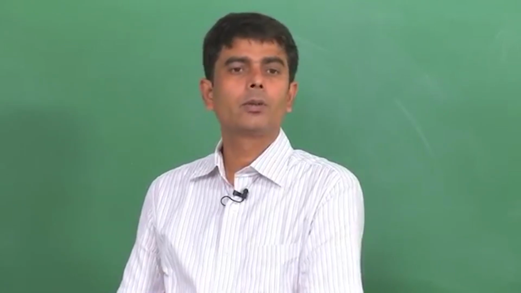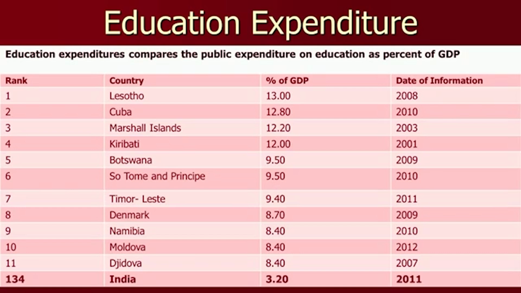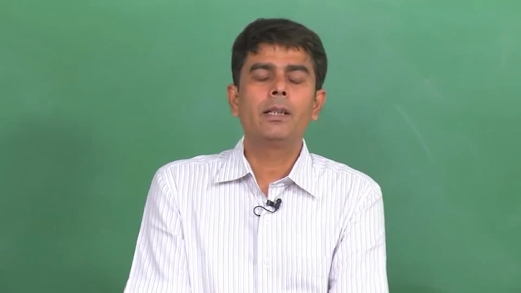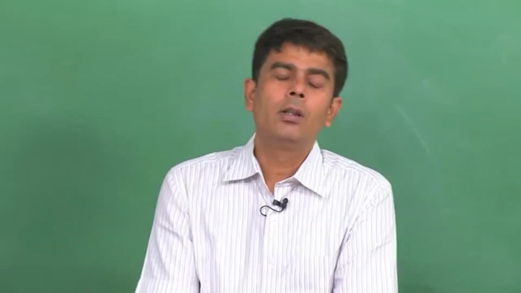Let me also discuss some of the indicators of social infrastructure, and we can find out how our economy, India, or some other developing and less developed economies, are spending on education. Expenditure on education compares public expenditure on education as a percentage of GDP, and this is also one of the indicators to show how sensitive a country is in terms of educating its people, because educating the people is not only